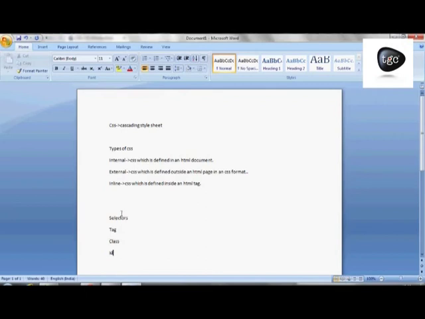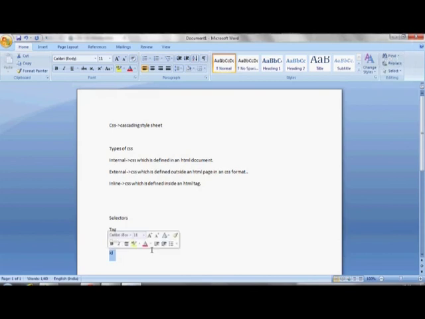So that is class, tag and ID. Tag can be used to customize a tag. Class can be used wherever we want to apply. And ID is defined by hash, and wherever we want we can apply it, but it is only a unique identifier. We can use it once in a page. Thank you.